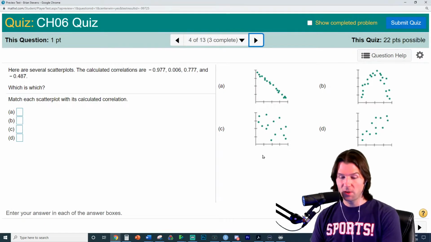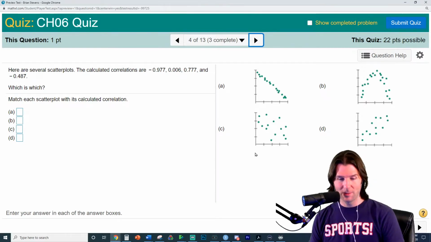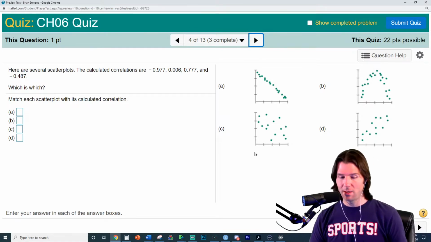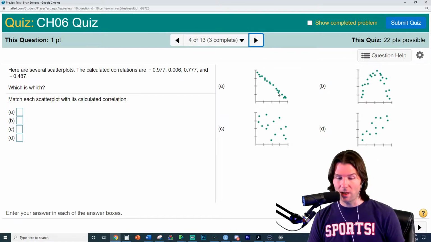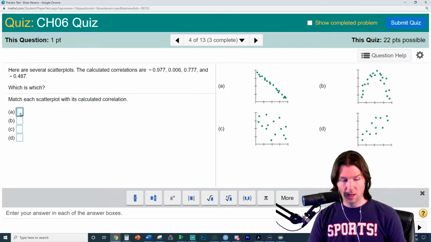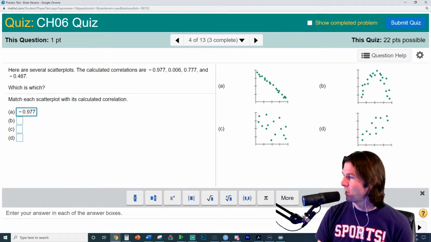Here we go. Same sort of question right here. Let's go for the easiest ones first. Oh, this one's way too similar. Darn, it gave us basically the same problem. There's other variants of this, but as you can see, this one's going to be the obvious one. So if we go for the obvious one, that is the strongest negative correlation. How do we know it's negative? Because the line goes downwards.